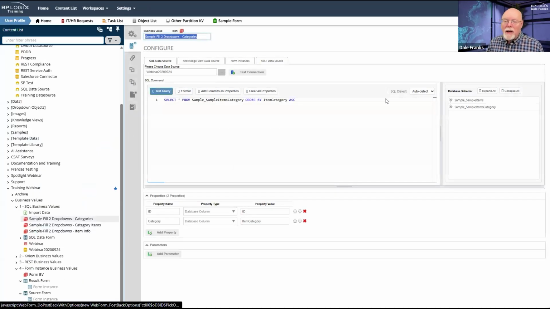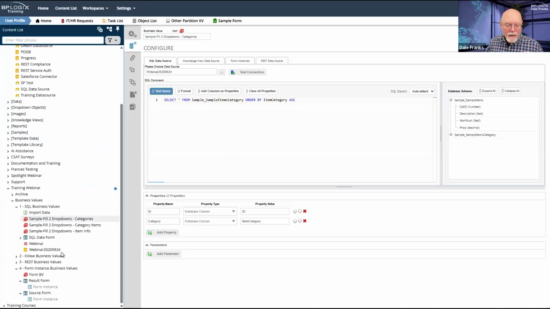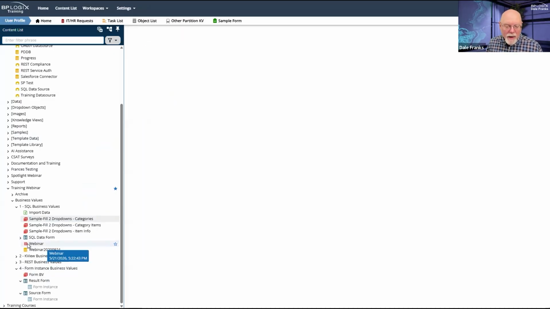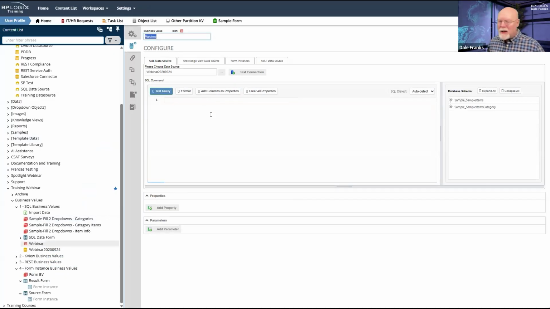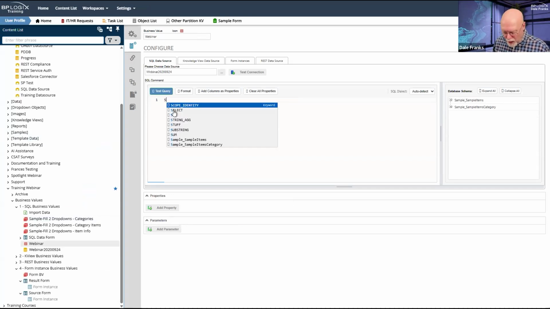So in our case, we're just going to go back here. We have our webinar data source, and we only see our 2 tables here. And I don't even want to be there. I actually want to be in my webinar because we need to actually build this thing. So one of the nice things about the new Monaco editor is that it helps you along if you don't know SQL all that well. If I type in SEL, it automatically gives me the select keyword. Great. Select. What do I want to select?